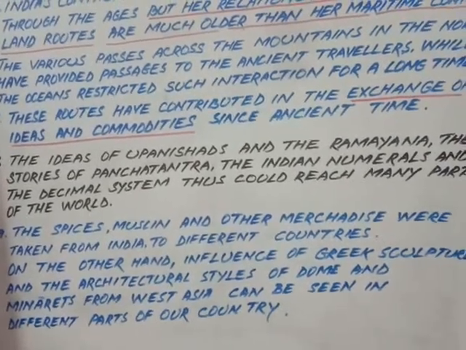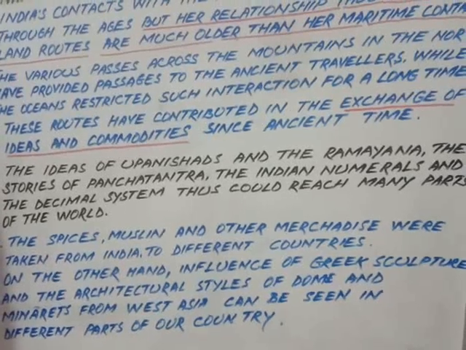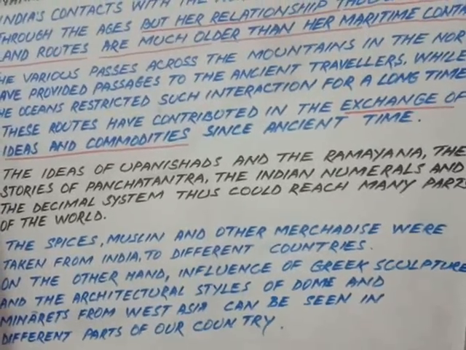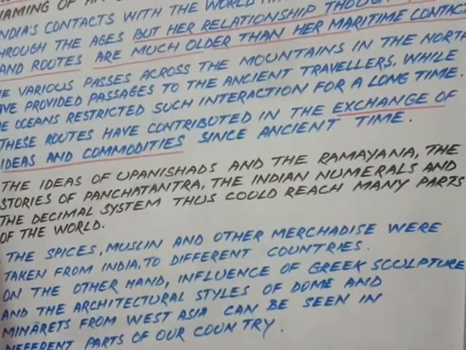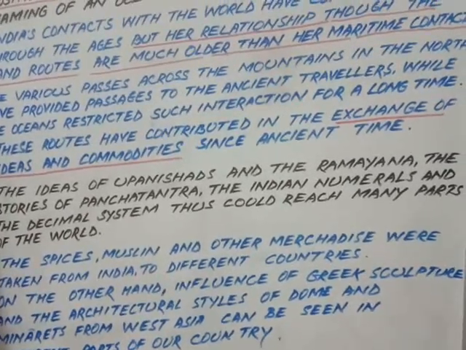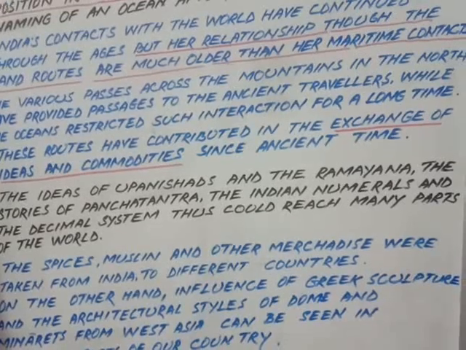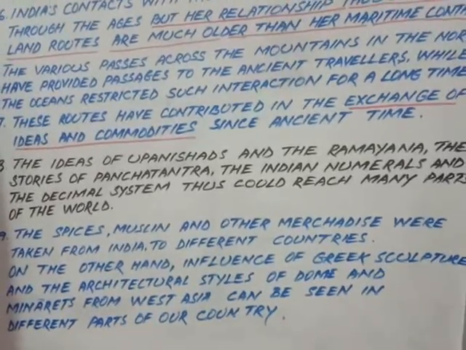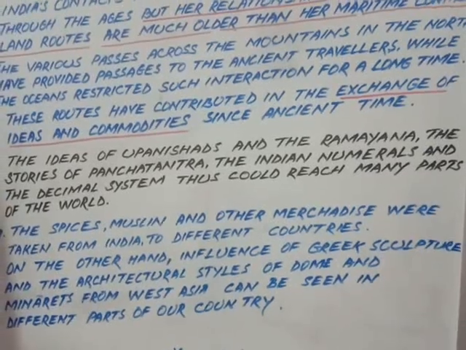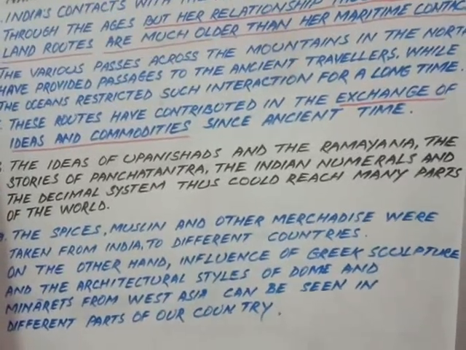So we see ancient monuments and minarets, and all these are made with ideas taken from other parts of the world, the Arabian world, and Chinese civilization. Now all these styles of architecture and sculpture came